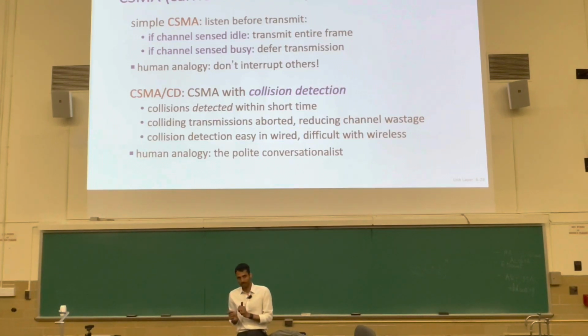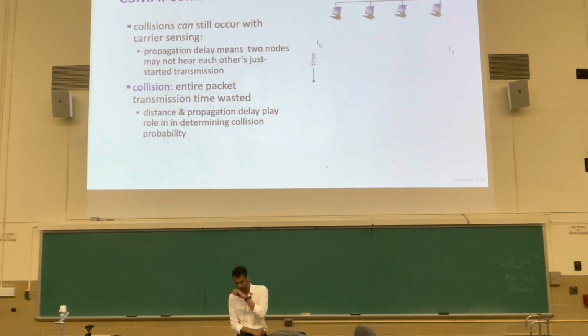Let's first make sure that we understand the physics of this before we look at the entire CSMA CD algorithm. Okay, this is the high level. You start out applying carrier sense. If a collision still happens, you will abort and then back off for a random amount of time. Here's a picture. Collisions can happen with carrier sense. CD will stop the entire packet transmission from getting wasted.